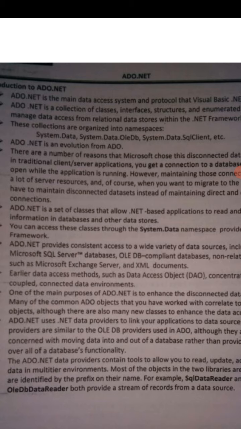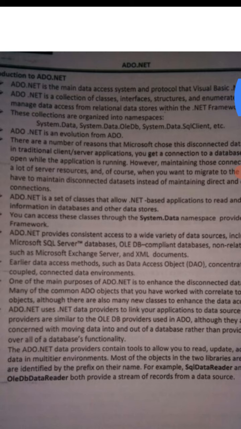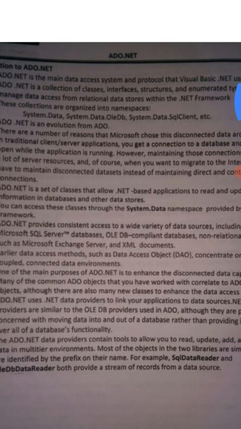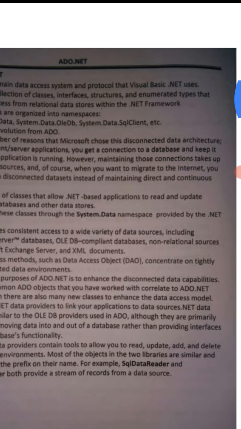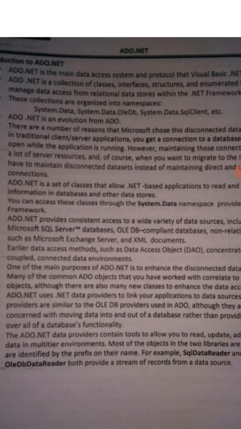There are a number of reasons that Microsoft chose this disconnected data architecture. In traditional client server applications, you get a connection to a database and keep it open while the application is running. However, maintaining those connections takes up a lot of server resources, and of course when you want to migrate to the internet you have to maintain disconnected datasets instead of maintaining